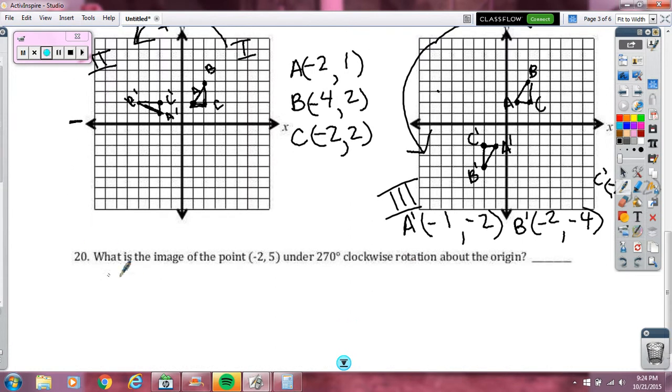Alright, last one for the page. What is the image of the point negative 2, 5 under a 270-degree clockwise rotation about the origin? So you could arrive at your answer by applying one of the rules from the table that we filled in as part of our notes, or I might encourage you to just graph it and kind of see what's going on. So negative 2, 5, 1, 2, 3, 4, 5 is right up here,